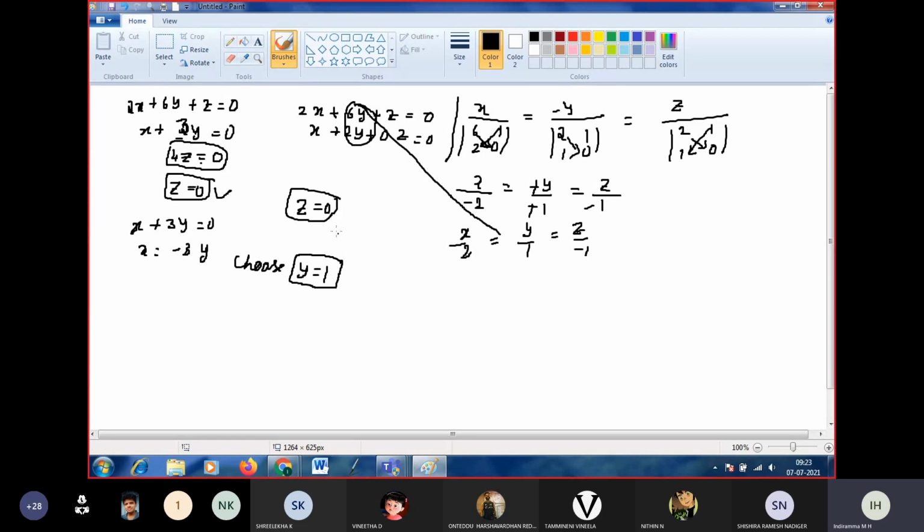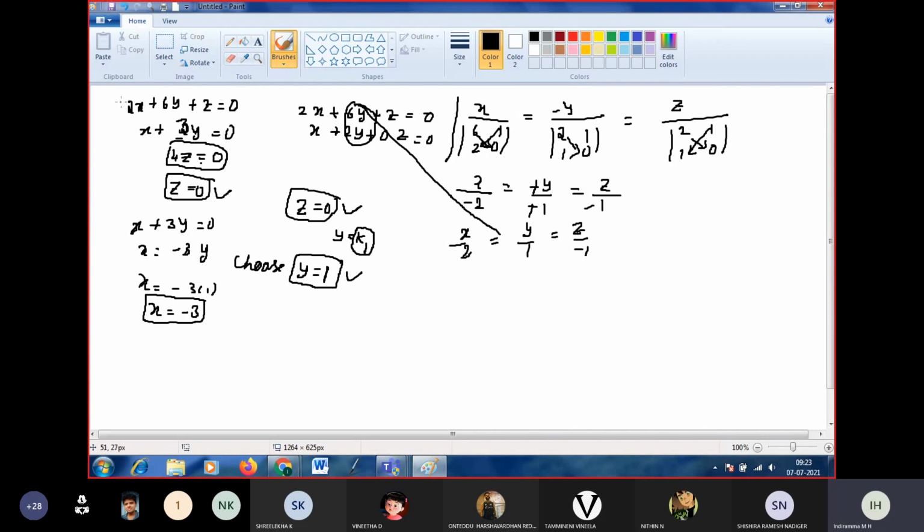K1, let us choose y is equal to k1, say. So now I am arbitrary. K1 I am taking as say 1. So x is equal to minus 3 into 1, I got. That is x equal to minus 3. So x equal to minus 3, y is equal to 1, z equal to 0.